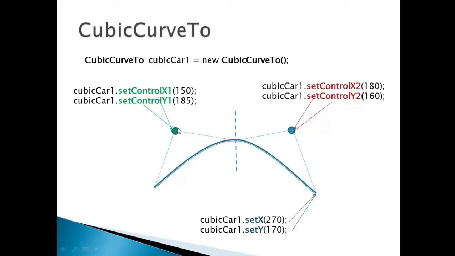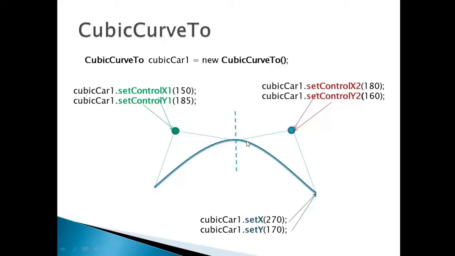The functionality of this control point is to pull the line between the starting point and the midpoint of the curve, to pull this line to itself. So if we want to make this curve more evident, we need to place this point further away than this